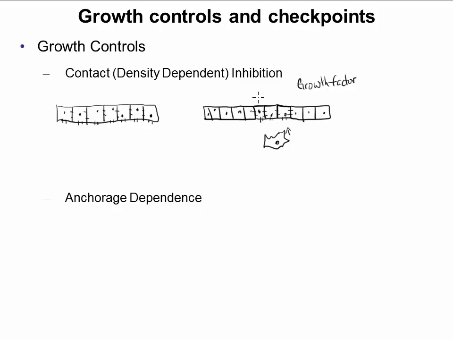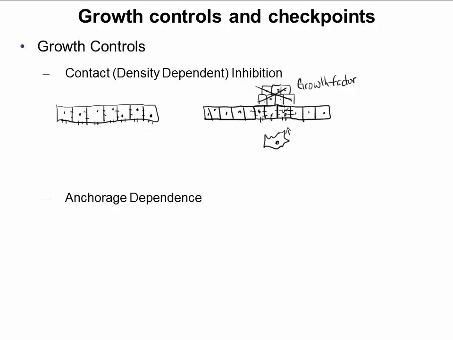So under normal circumstances, what we don't see is cells continuing to pile up and pile up and overgrow. We don't see that. Now, what's at play here is that these proteins that are making these connections are actually capable of initiating cell signaling pathways to these cells that inhibit further rounds of cell division. So those signal transduction pathways that we talked about in the cellular communication unit, sometimes the receptors or the initiators of those cell signaling pathways can actually be attachment proteins in the membrane.